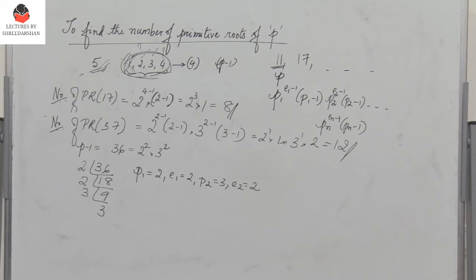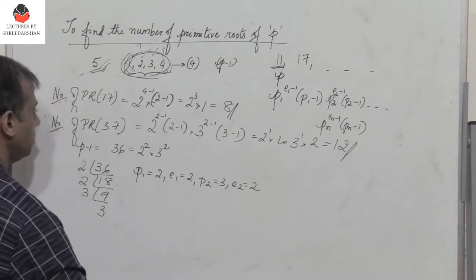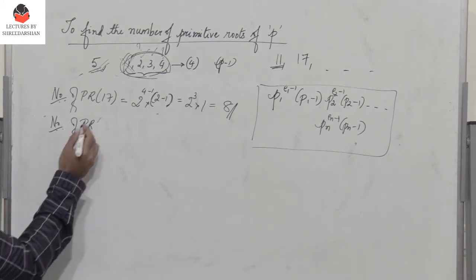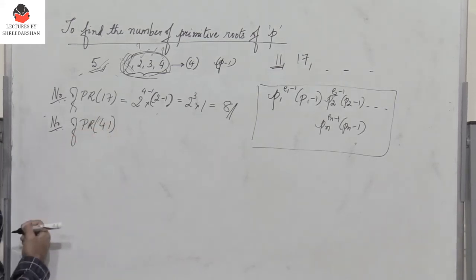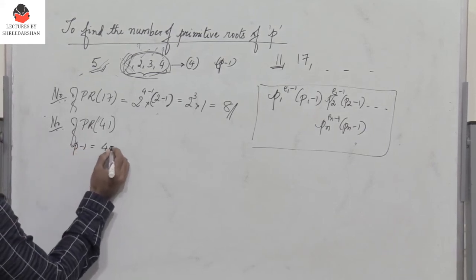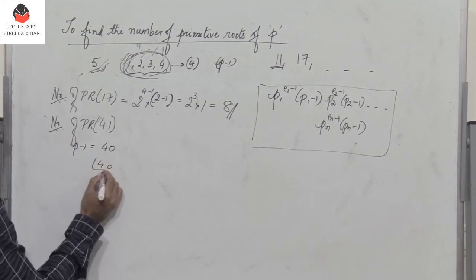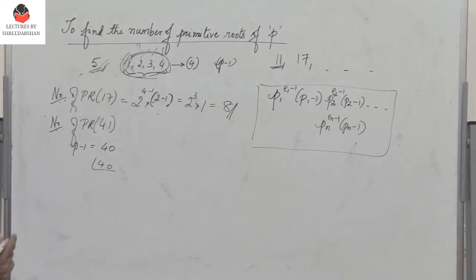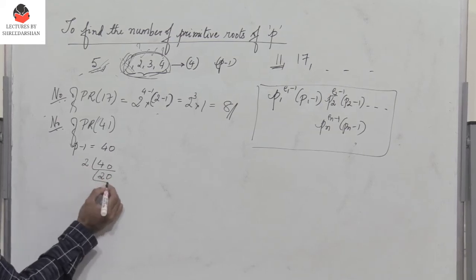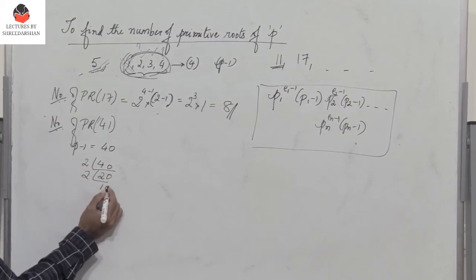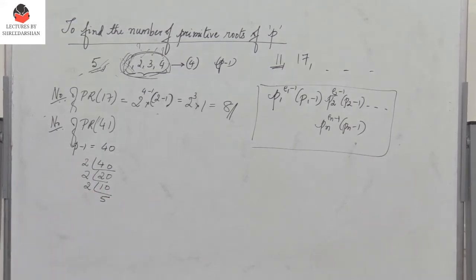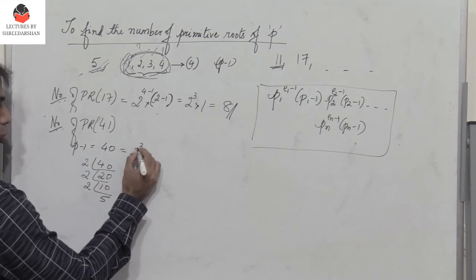Right, so let us conclude with another example. To find how many primitive roots there are for the given prime number 41. So first step, what do we do? Consider P minus 1, which is 40, and express 40 as a product of prime powers. So again go on dividing 40 by prime numbers. 2 is a prime number. I get 20. Divide again 20 by 2, I get 10. Divide 10 by 2, I get 5. So 40 can be written as 2 cube into 5 power 1.